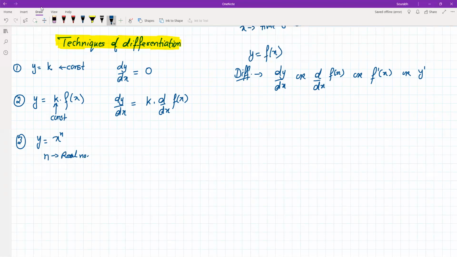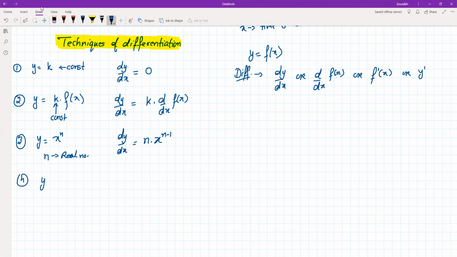So if that is the case, dy by dx will be n into x to the power n minus 1. Now, based on these three and plus one more,